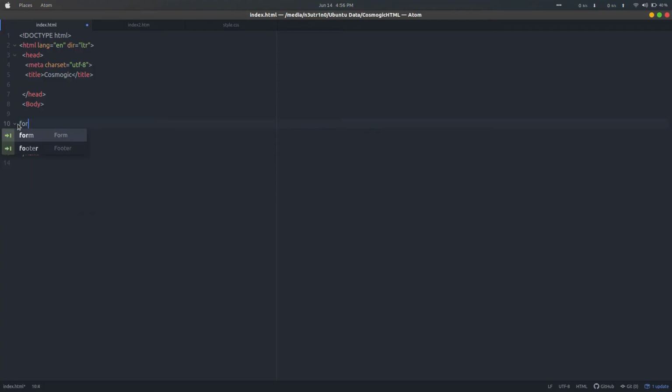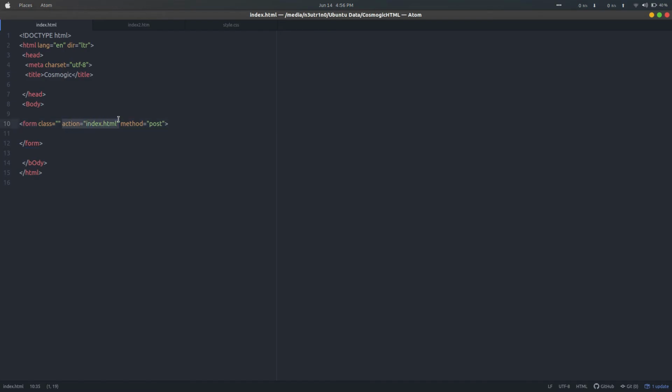Now we'll talk about the form tag. We have seen on websites that if we want to create a submit form or a login part, we have different kinds of input and one button. When we fill the inputs and click on submit, we are logged in to our page. So that is what a form tag is. How can we create it? We can create it with this form tag. We can give any class if we want to provide styling.